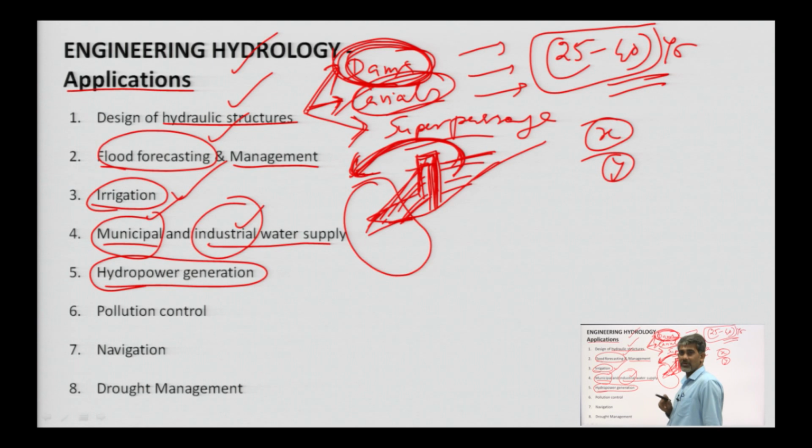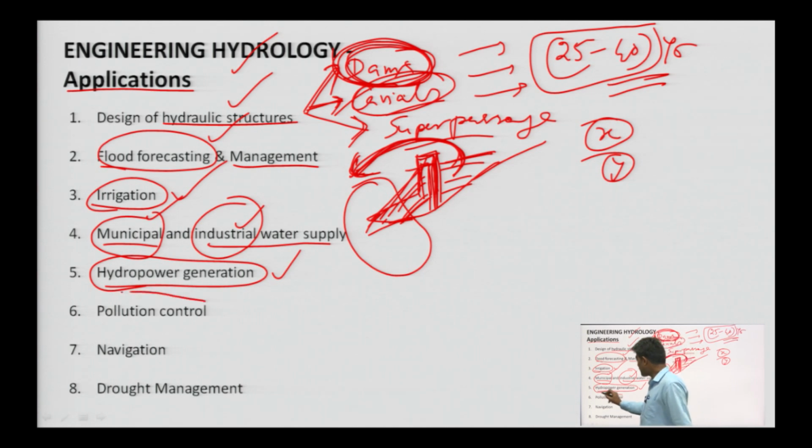It does not mean that for this particular month the water is available and the turbine is working, so we are getting the power. The power has to be supplied throughout the year, and for that we need water in proper reservoirs, proper dams, to make power available.